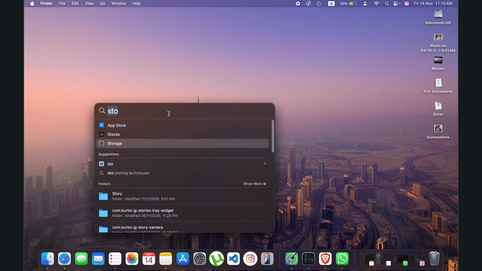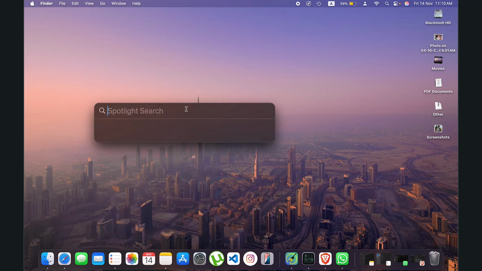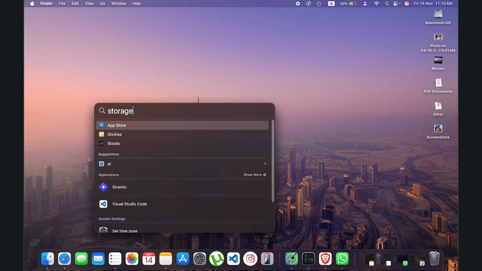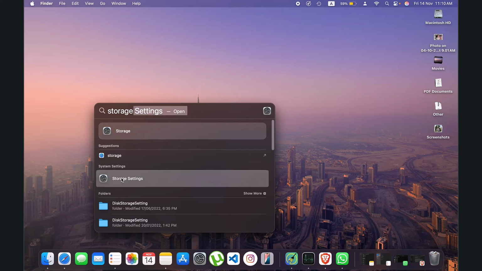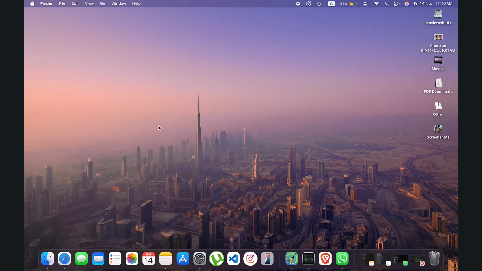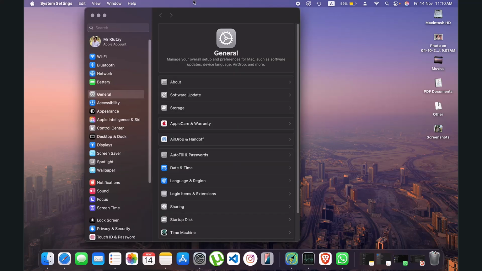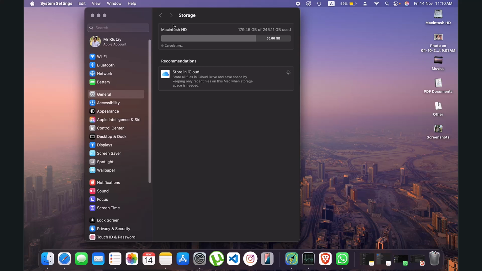So all you need to do is press Command plus space to open your Spotlight search and simply go ahead and search for storage just like that. Once you've done that, simply go ahead and click on the storage settings and go ahead and open it. Once you've done that, as you can see, it's going to take you to this page right over here, which